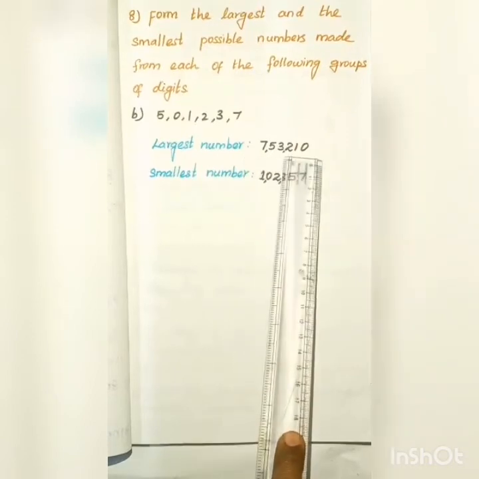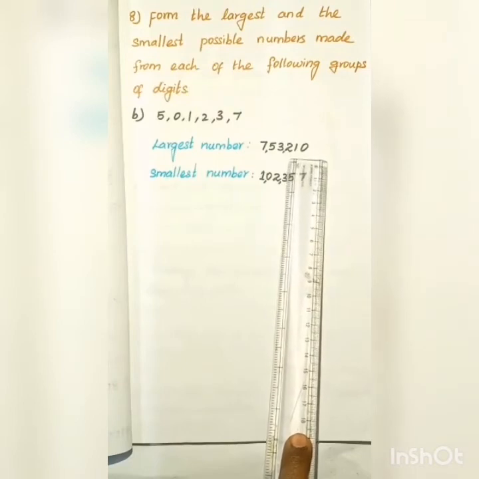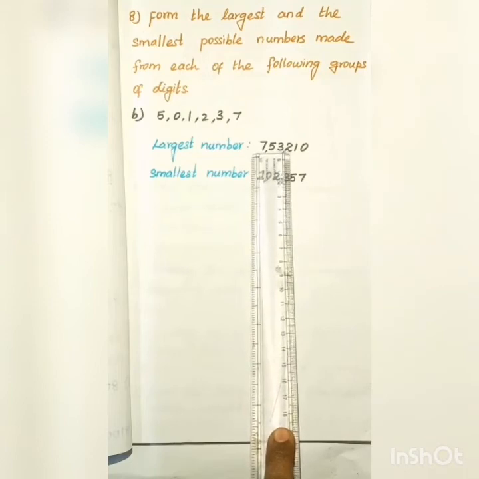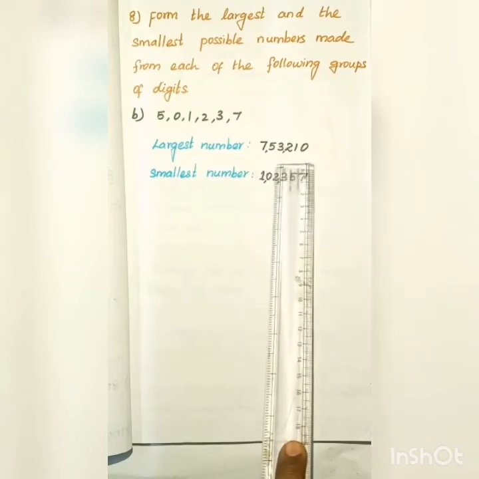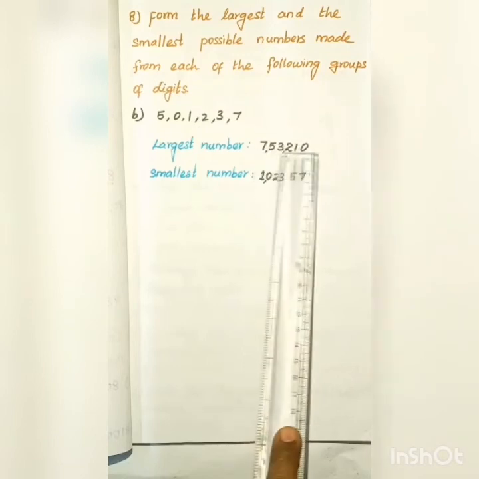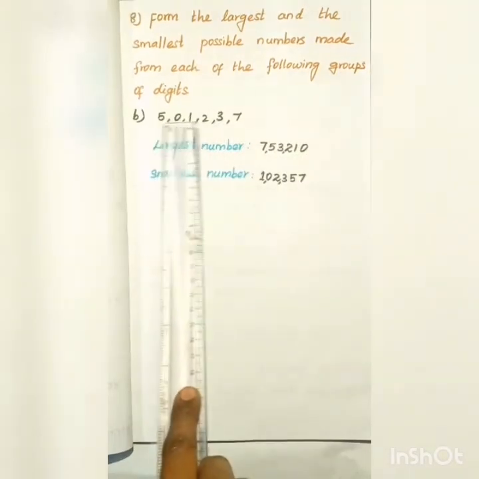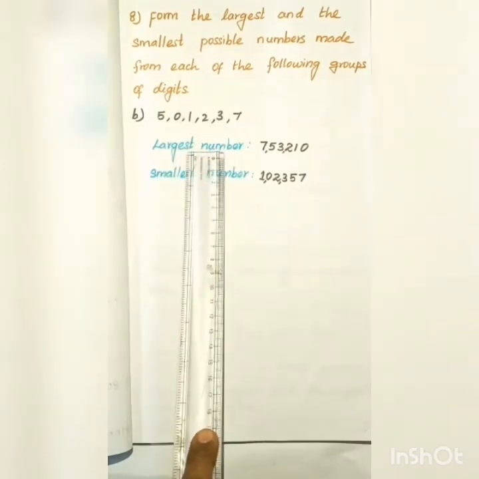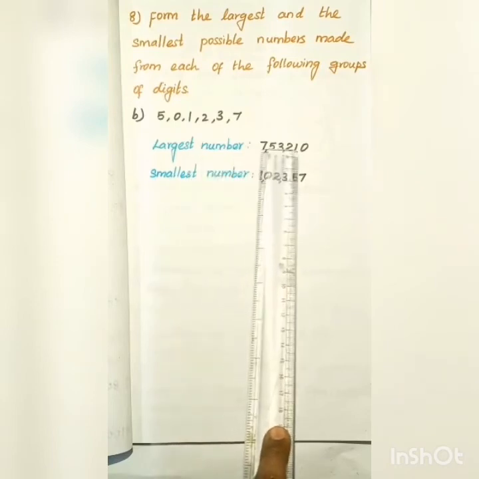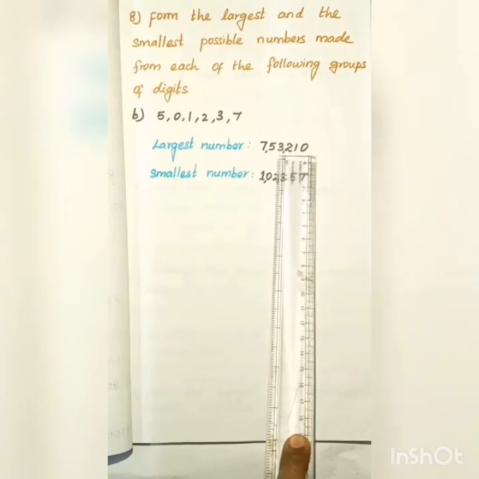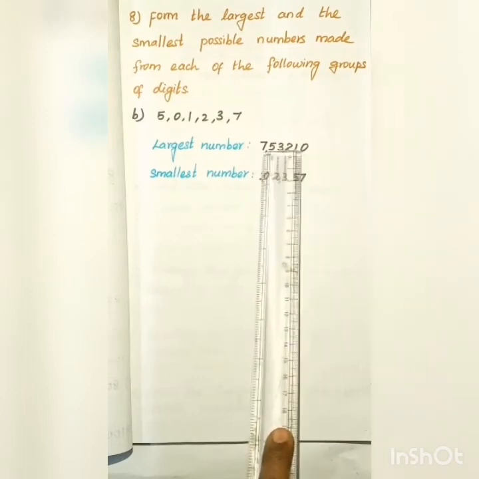According to the Indian place value system, here I put commas: 3 digits, 2 digits and the remaining digit. If you are confused in this matter, don't use commas. Some students put a comma after each digit. If you put a comma after each digit, each is a single-digit number and a separate number. We want only the largest number. So don't use commas among these digits. If you know the Indian place value chart well, then you use the commas: 3 digits, 2 digits, remaining digit.